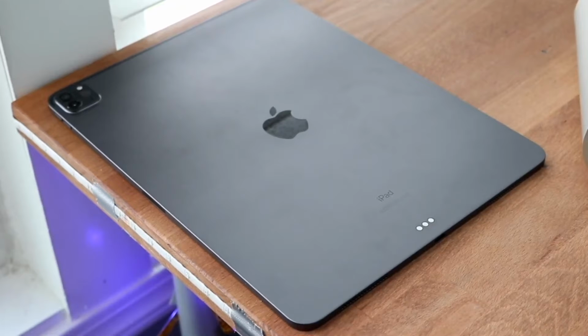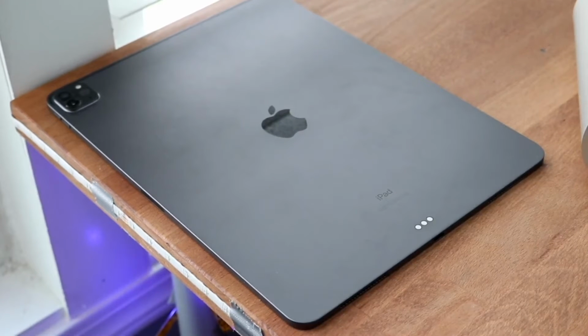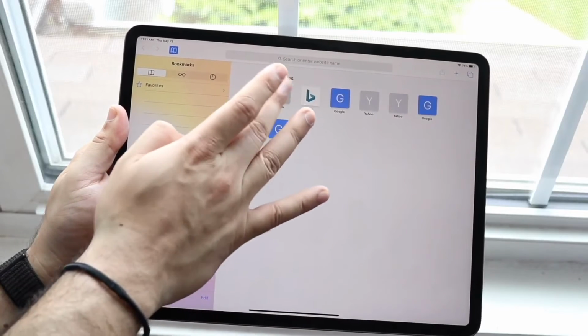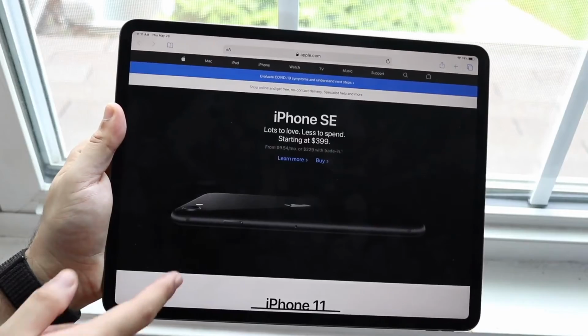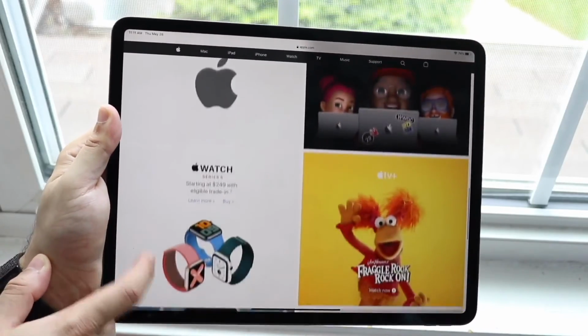I just came off comparing and reviewing the Galaxy Tab S7, and that thing was super expensive. I can't believe how expensive that thing was too. I think it's just as expensive as the iPads. And what I can tell you is that performance was pretty smooth. It was a pretty good experience overall, but I still look at my iPad Pro and I'm like, this thing